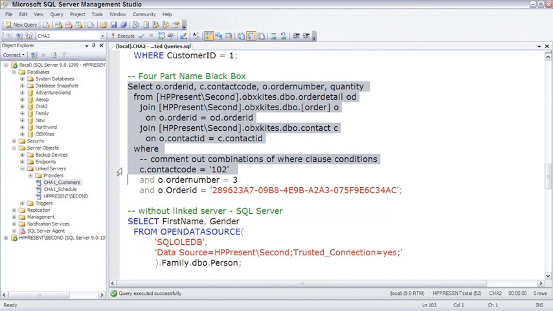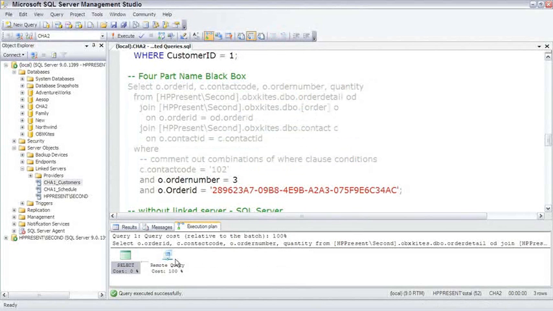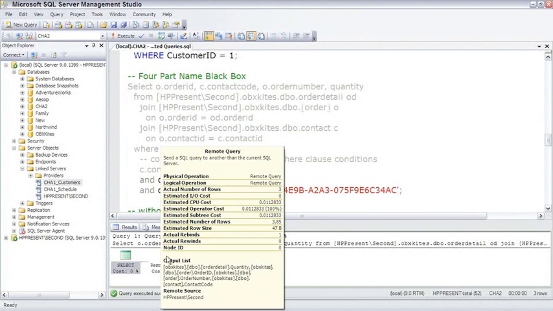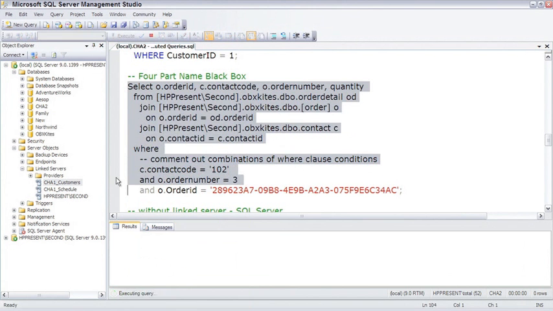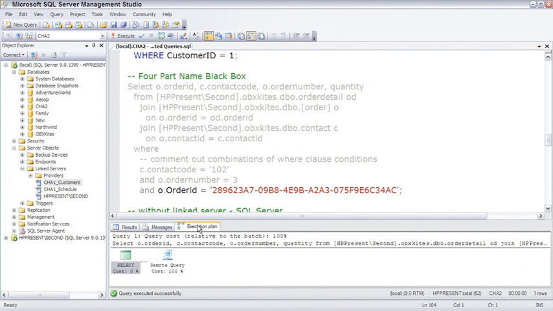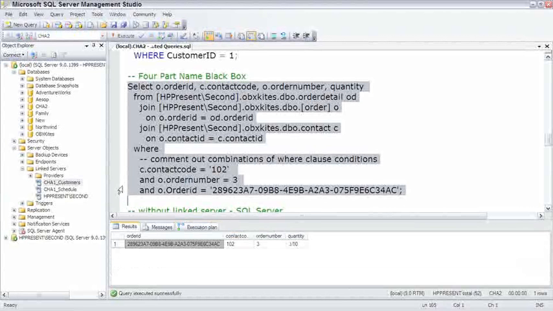If we run just one where clause, looking at the execution plan, it actually passes that over and the query is executed remotely and we just get the answer back. With 2 where clauses, it's still a remote query. 3 where clauses,